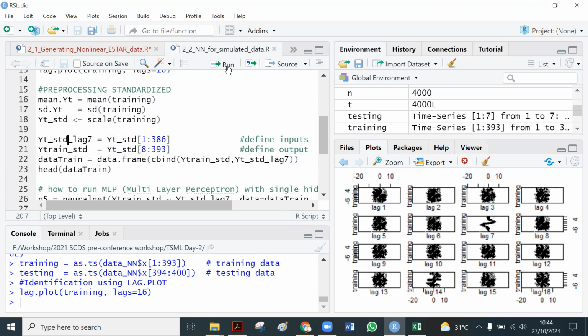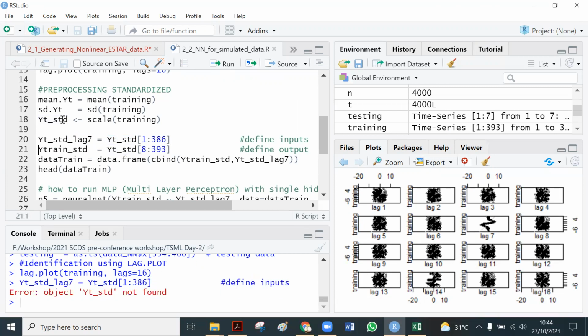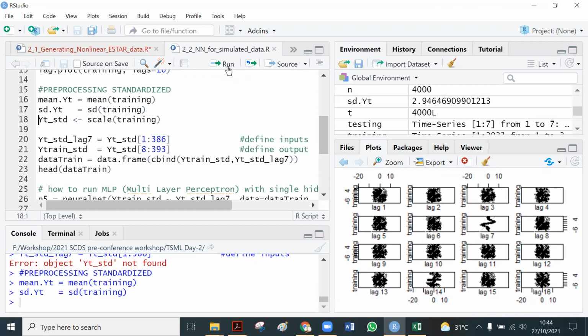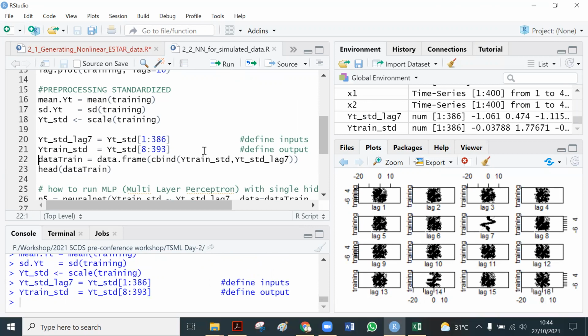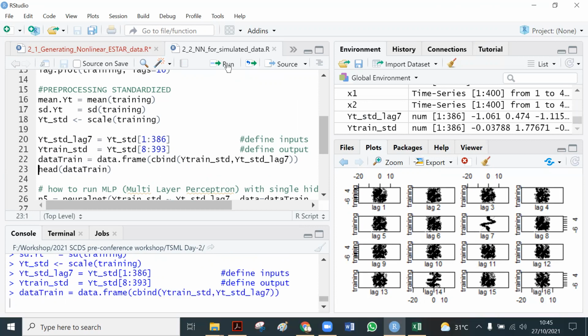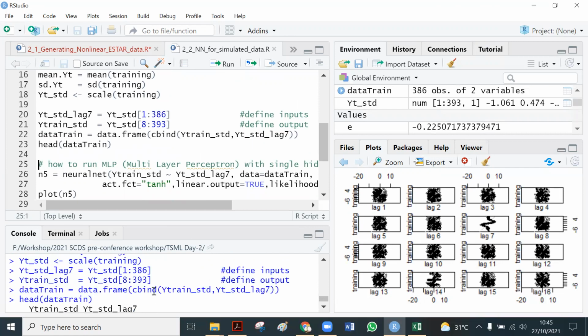Okay, this is lag 7 and this is the time series, and we combine the data into the data train. It looks like this.